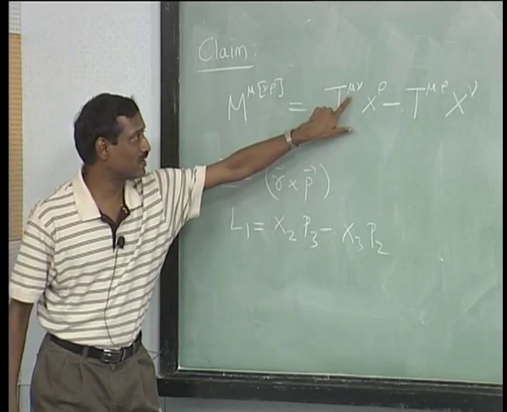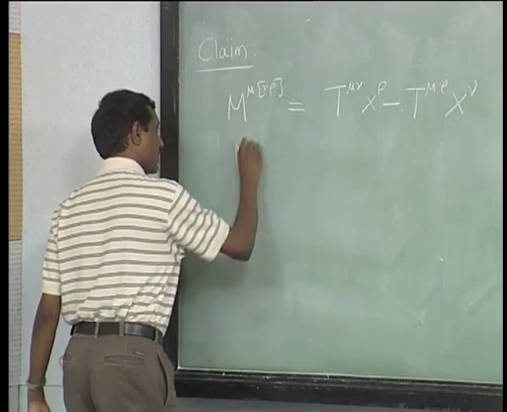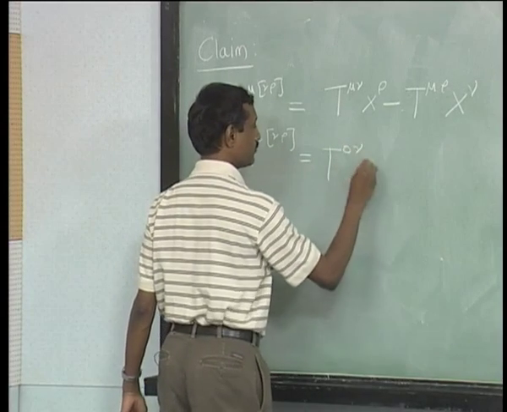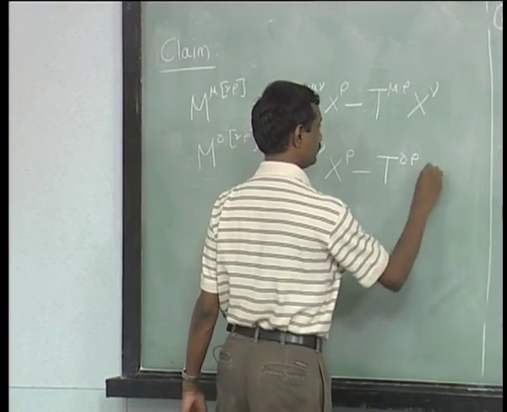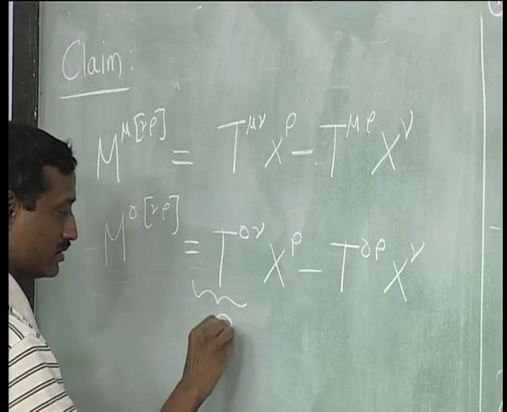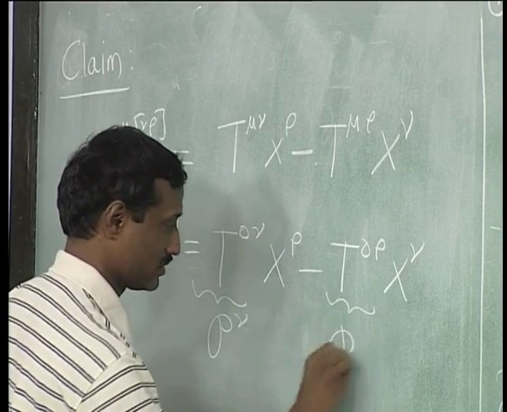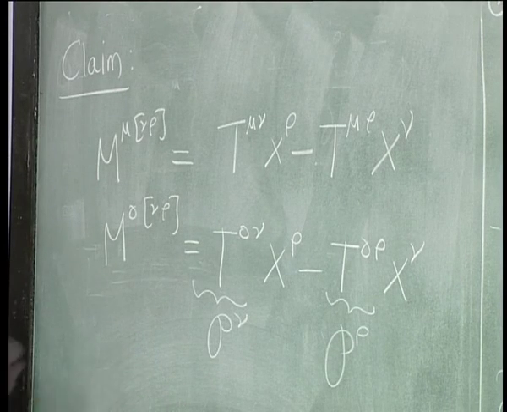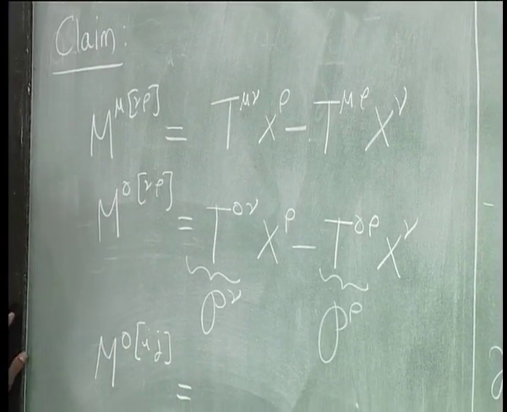Okay. So, if I put a 0 out here, even better. So, let us look at M 0 nu rho, which will be equal to T 0 nu. If you think of this as the conserved 4 vector density, then you will see that this looks like... in particular, M 0 I j looks exactly like it were